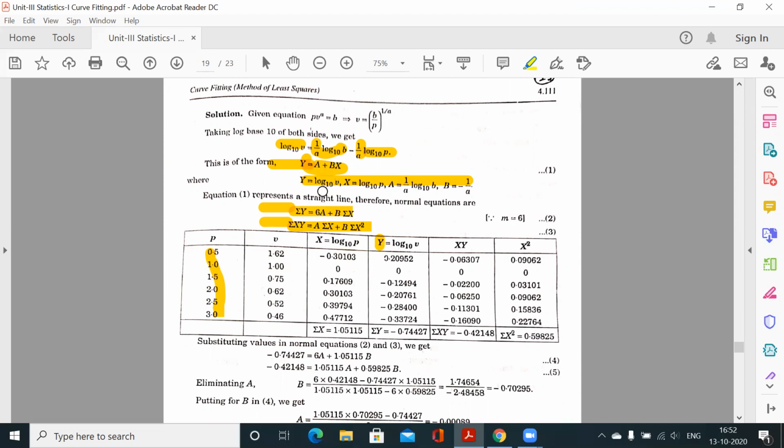सो कैपिटल वाई क्या है, लॉग वी। सो इन सब के लॉग कैलकुलेट कर लीजिए, बेस 10 पर सारे लॉग आ गए, ये हमें समेशन y मिल गया। फिर हमें क्या चाहिए, समेशन x चाहिए। x इज व्हाट, x इज log p। सो p हमारे पास है, इन सब के लॉग कैलकुलेट कर लीजिए तो हमें x मिल जाएगा, तो समेशन x मिल गया। अब हमें क्या चाहिए, समेशन xy। सो xy कैसे मिलेगा, दोनों का प्रोडक्ट करके, करस्पॉन्डिंग मल्टीप्लिकेशन से हमें xy मिल गया।